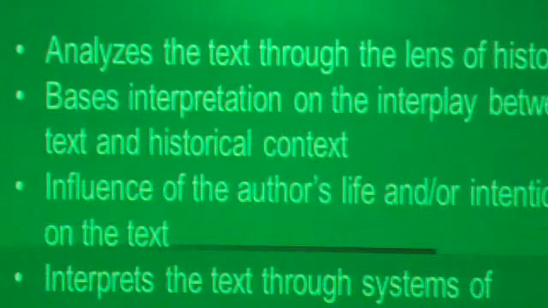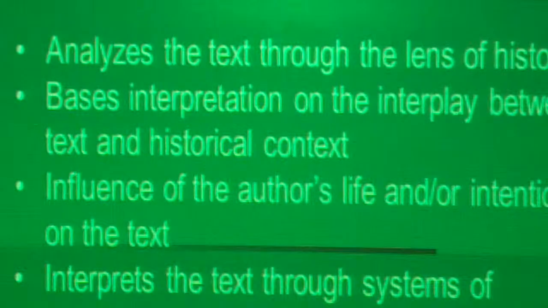So turn to each other for a moment and ask each other, okay, in what historical period was The Scarlet Letter written, and what historical period is it written about? Think about that. Analyze the text through the lens of history. We can look at it that Hawthorne was writing in the 19th century about the 17th century. What does that do? How does it influence it? Or we can look at it within the context of the setting itself, which is what we did when we